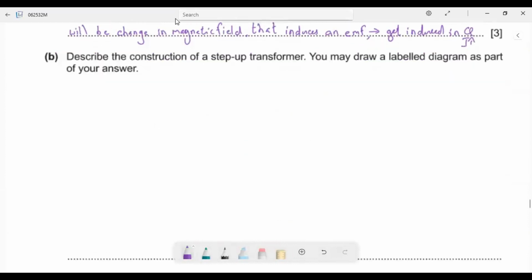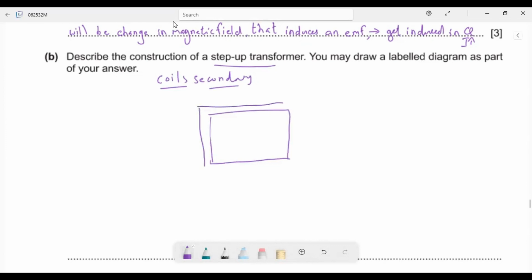Describe the construction of a step-up transformer. You may draw a labelled diagram as part of your answer. So step-up transformer means the number of coils in the secondary will be more. So we will have a rough diagram, that is a transformer. It will have an iron core,